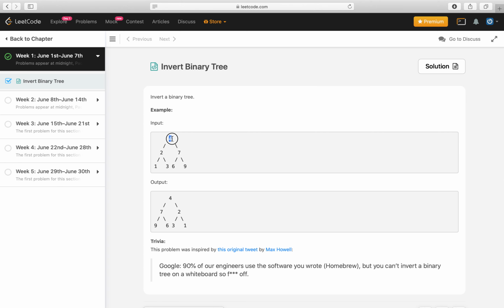The given is a binary tree where 4 is a root and 2 and 7, and there is a left subtree and there is a right subtree, and in the output we need to flip the left subtree with the right subtree,